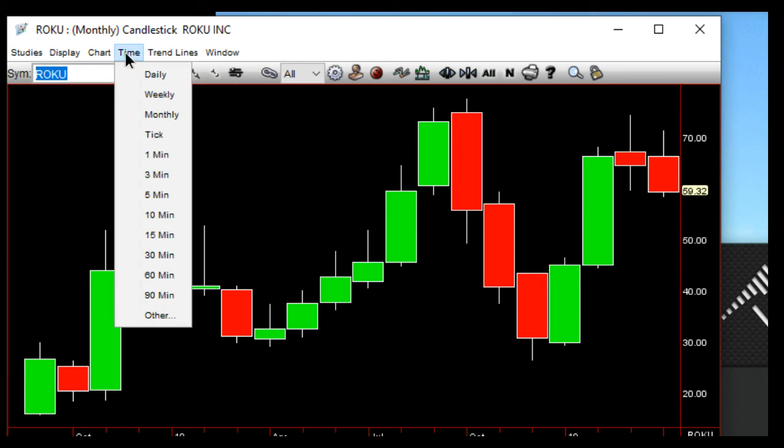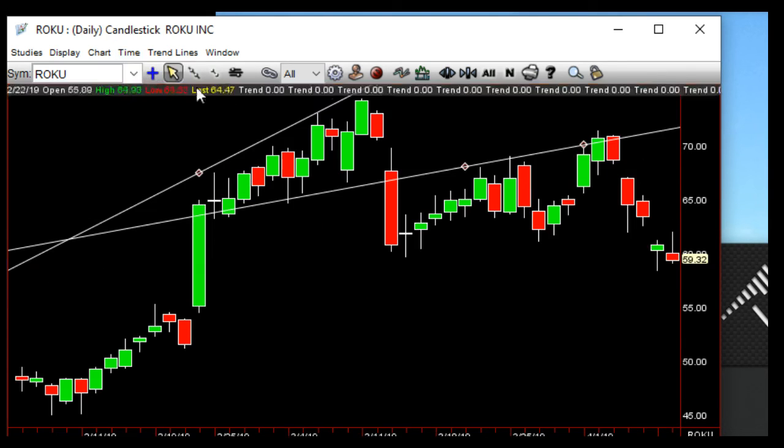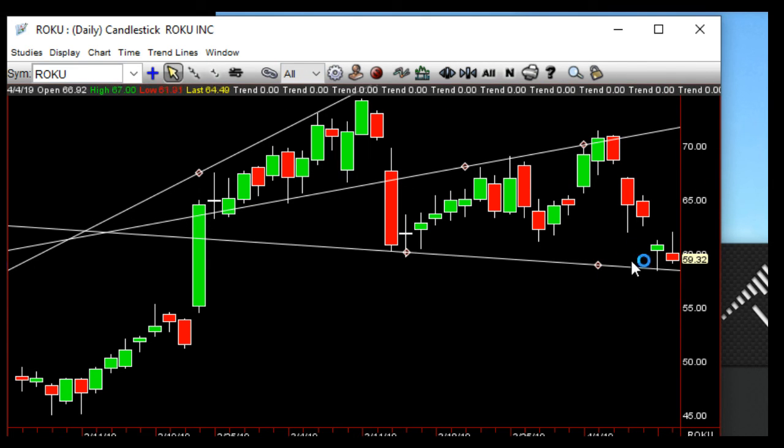If we go to Roku right here, 2-2-2 month down below 59.63. You're there right now on the weekly. 3-2-2. It takes care of business because remember the magnitude is to take out the 3 and take out this 3 as well, which it has done. So it's a matter of staying down and coming in tomorrow. It looks like this. Now, can we expand this thing by going 2 down, 2 up, and then shooter counters, hammer, and come back through this stuff? It looks like we're going to find out.